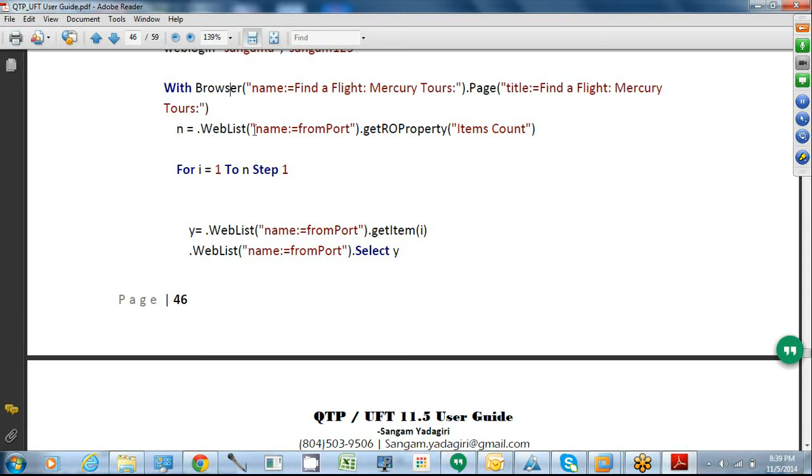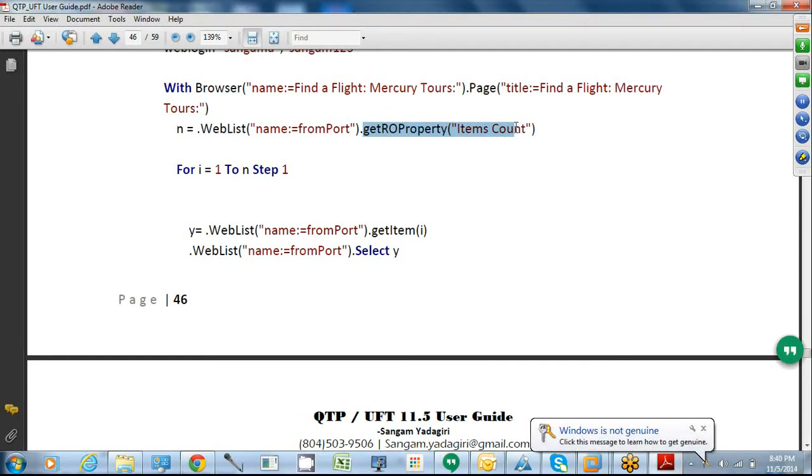I start directly with .WebList, which is a drop down. To capture the number of items in the drop down, you always use the GetROProperty method and pass the property name, which is items count. It will simply return 10, 12, 13, 100, whatever, dynamically.